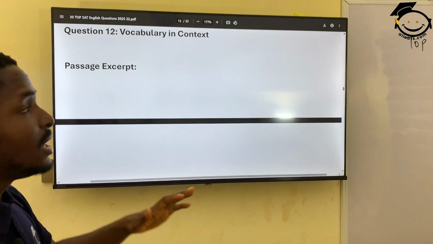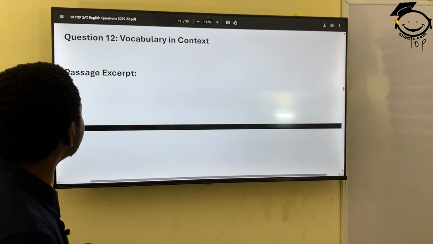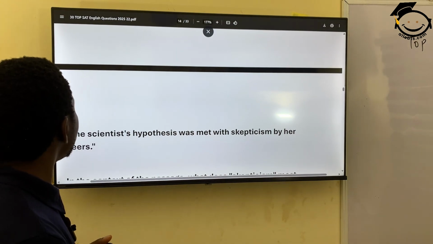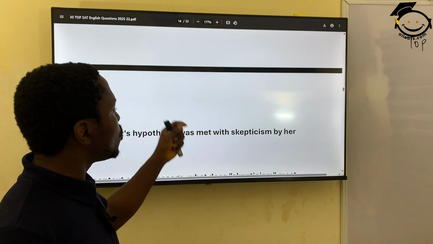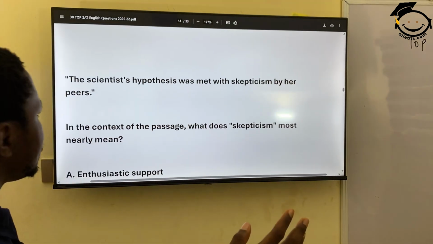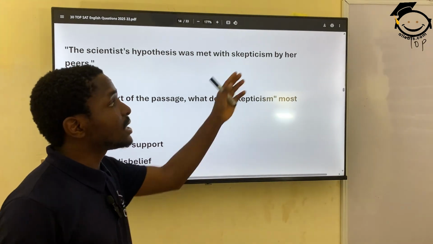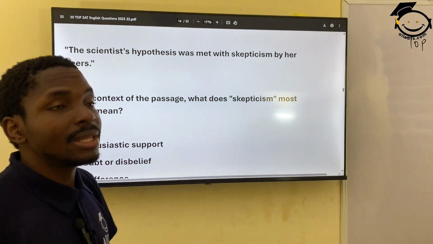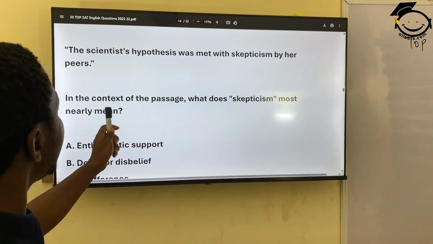Now we have left passages. Now we are in vocabulary in context. Let's see the passage excerpt. The scientist's hypothesis was met with skepticism by her peers. Skepticism. What's the meaning of skepticism? Okay, that's doubt. In the context